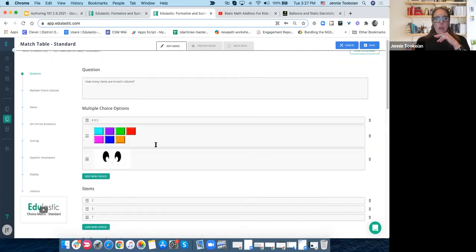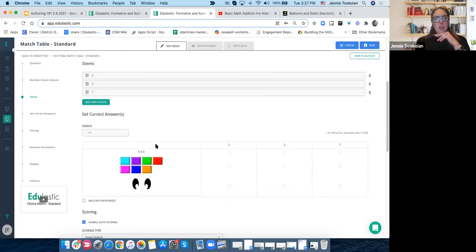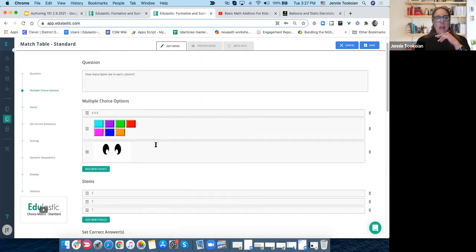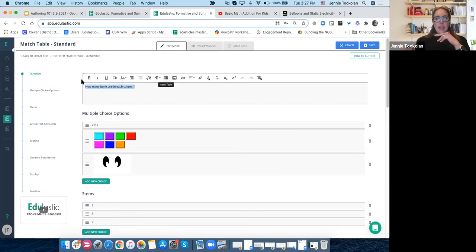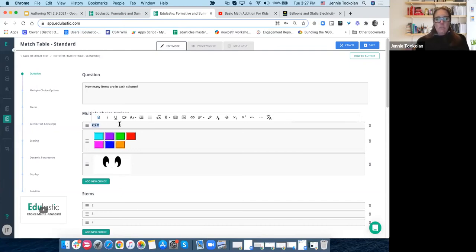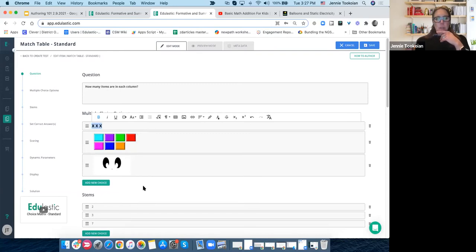Let's go back here. I'm going to walk you through a couple extra of these options that you can choose here. So formatting, just like you would a Word document, you can come in here and play around. You can also add multimedia items or pictures in the stem up here as well. I'll show you that for the different example. We'll stick with just words on this one so we can really get a feel for what it looks like. I'm going to bold that because I don't feel like it's big enough when I looked at that example. And I actually can play around with the font here. So I can make this even bigger so it kind of matches, or it doesn't just blend in so well